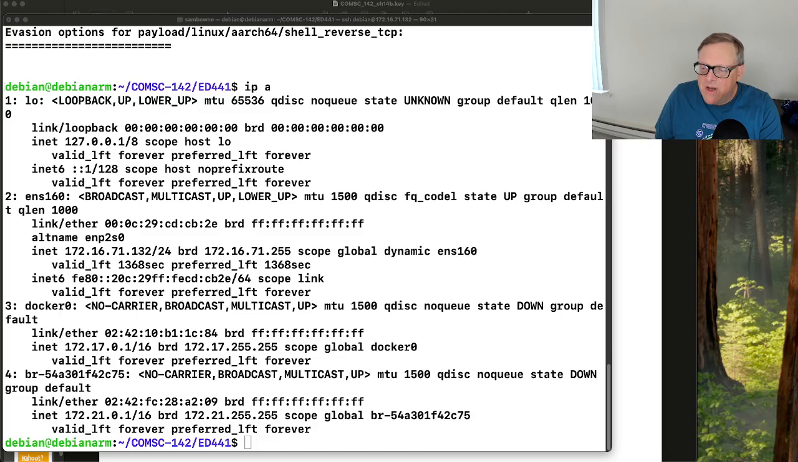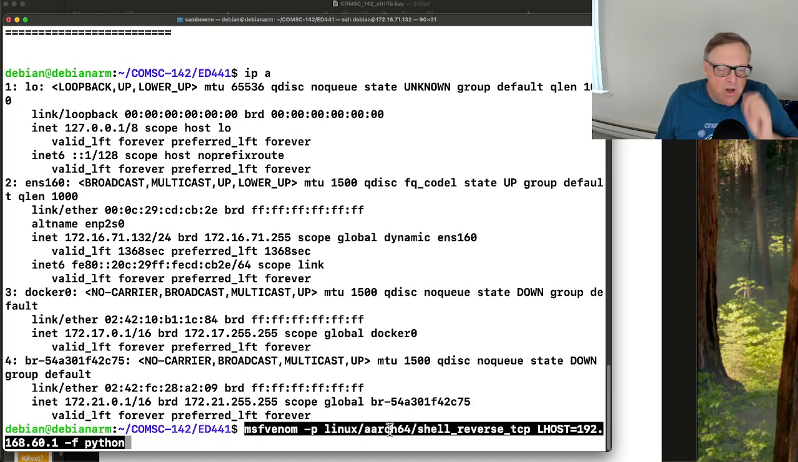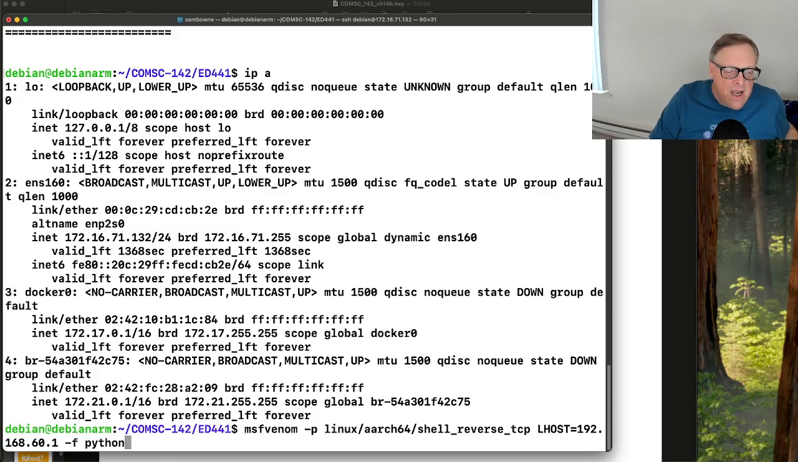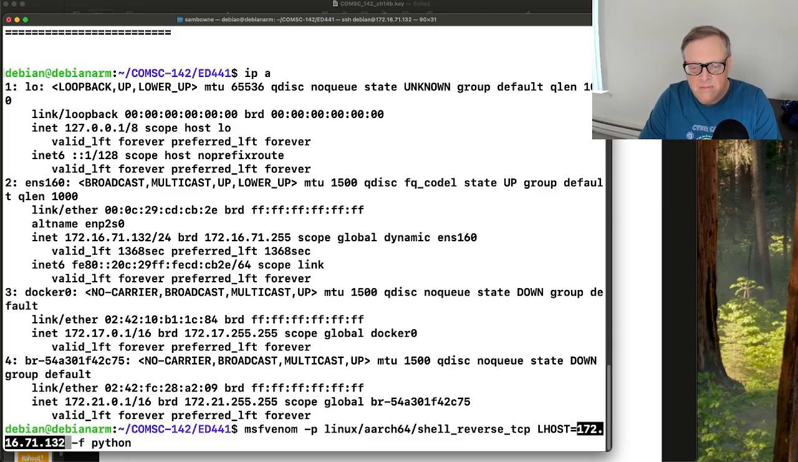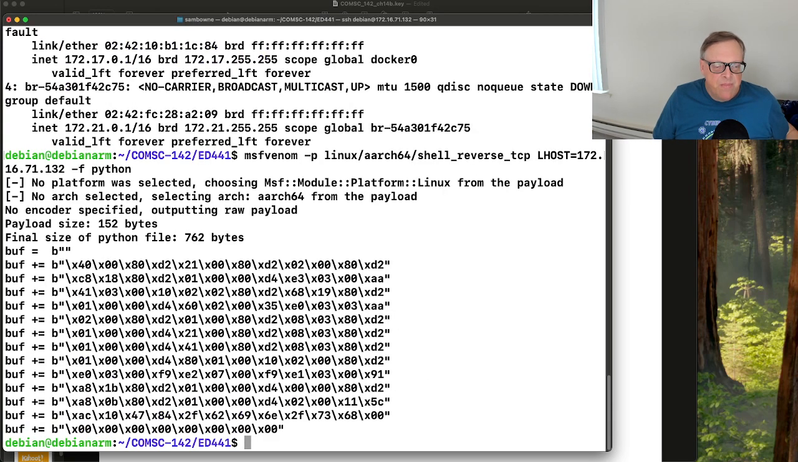And the command to generate the shellcode is this, which is going to make that attack for 64-bit ARM with the local host set there and format Python. And I just have to paste in the right address, which is this 172 stuff. So I copy that. I go down here and replace the address with the right address. All right. Oops. There we go. And that should do it. That should create Python code, 762 bytes. All right. And that's what I've already inserted into my